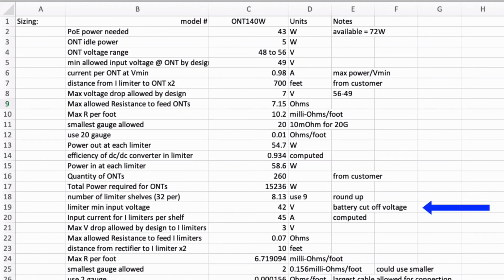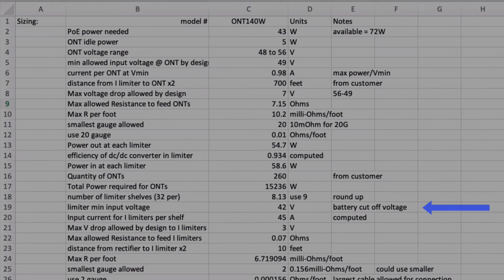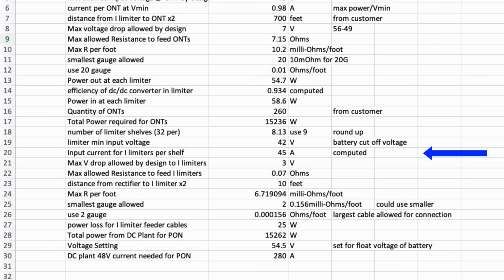Each shelf has a minimum input voltage of 42 volts. Each shelf will need 45 amps at 42 volts to power 32 ONTs and their extension cords. Assuming number 2 wires to supply the 45 amps over 10 feet, the total Class 1 48 volt power needed is